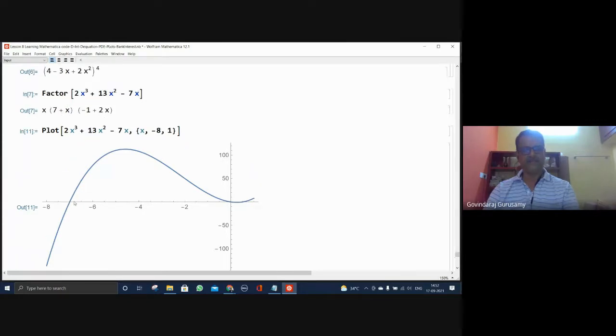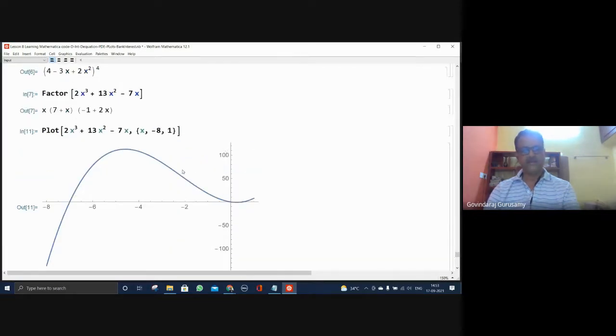So, what are the points where the function goes to 0 that can be pulled out? It is happening at minus 7, it goes to 0. Then x is equal to 0 and x is equal to half. These are the places that go to 0, that has been expanded and can be shown. There are the 2 roots here and this is another root. That is the meaning of the factor.